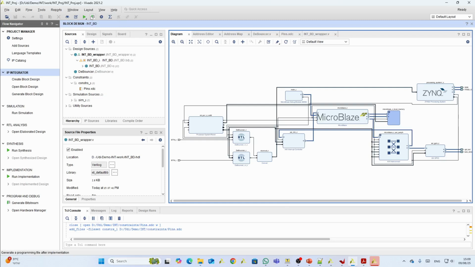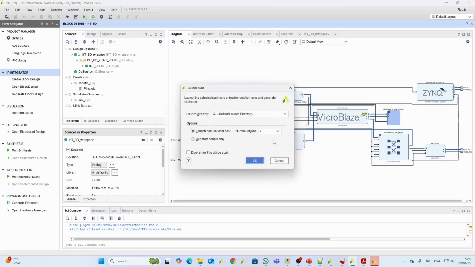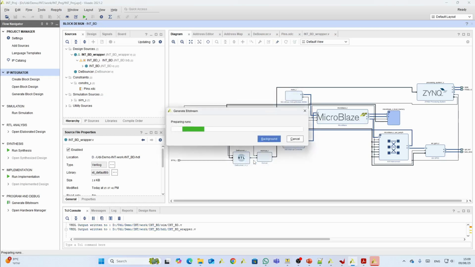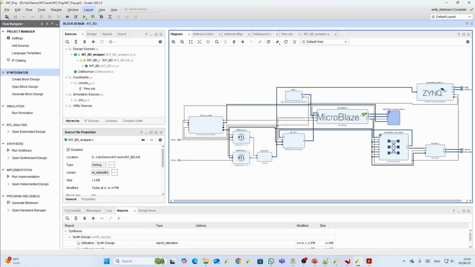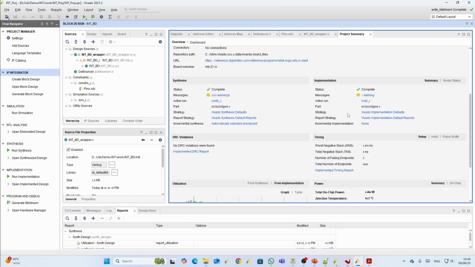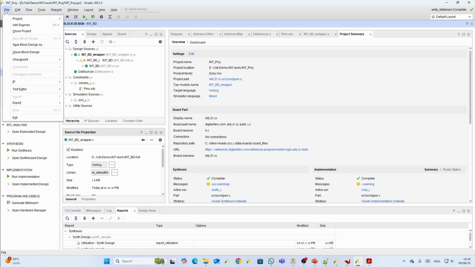I'll synthesize it and I'll stop my video for the synthesis and I'll come back when it's done. Okay, my bitstream is ready. Let's view the reports. We don't have any timing issues. So we'll extract the hardware